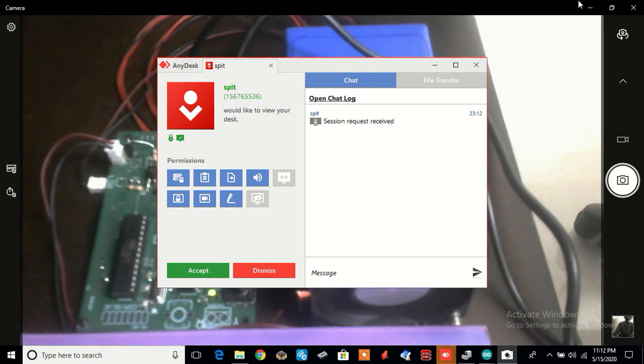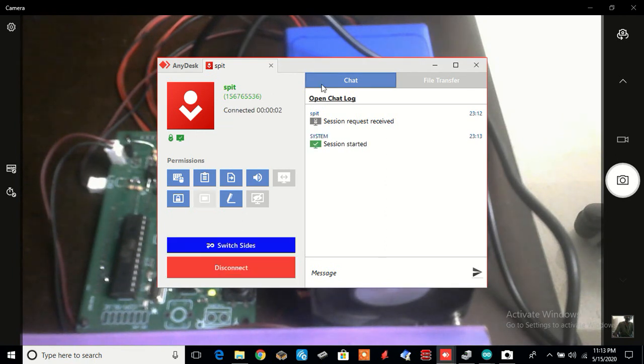So what you can see is that we have installed AnyDesk on the server side and on the client side also. Now the client, with a unique ID, has requested this server, because the server ID was already passed to the client. So the client has requested that ID, wanting to establish a communication link. Naturally, the server has to accept the client. It could be multiple clients also. So I have accepted. Now you see the session has started.